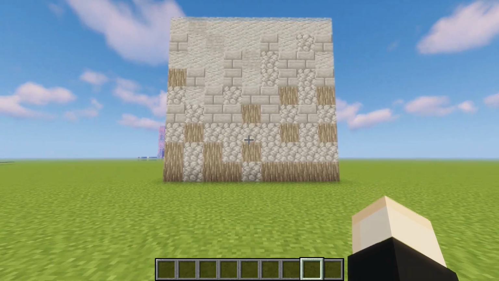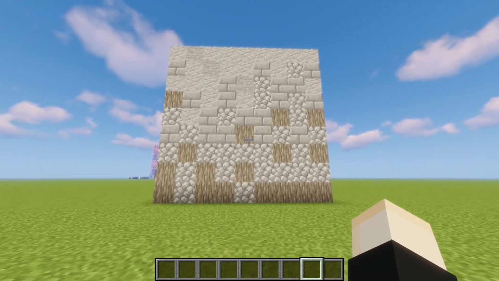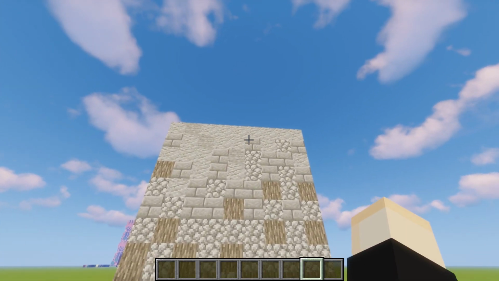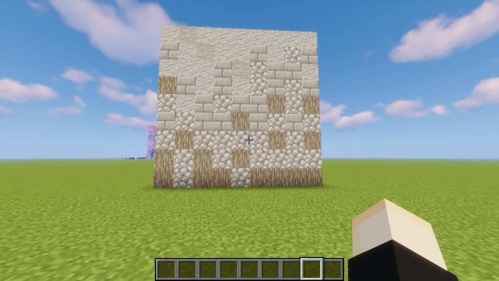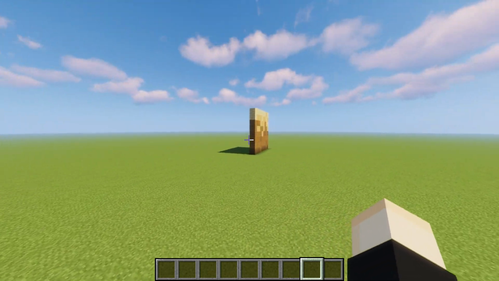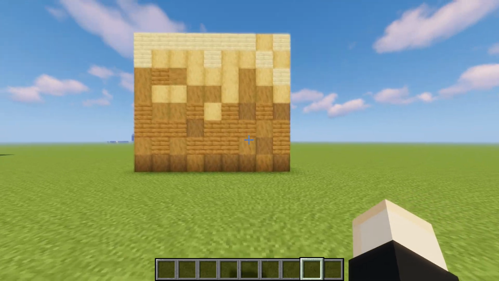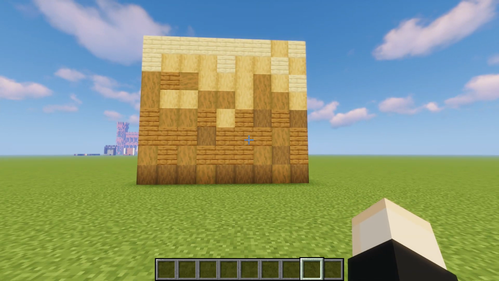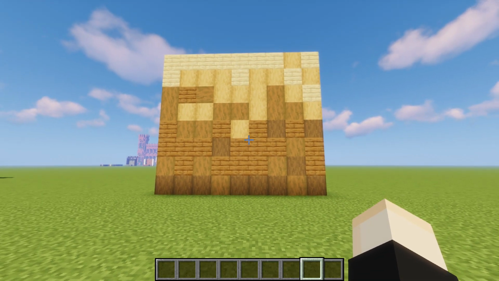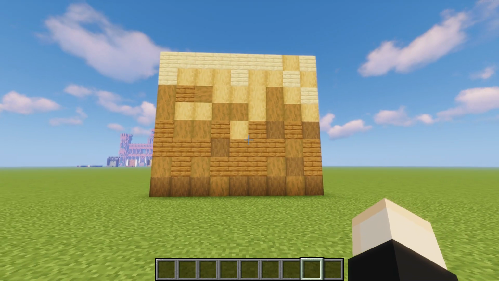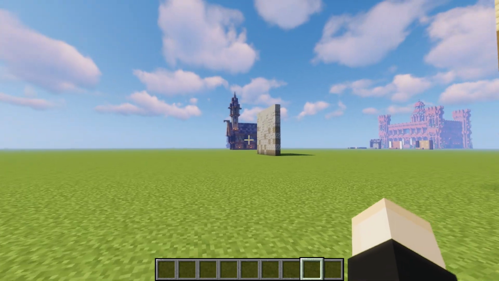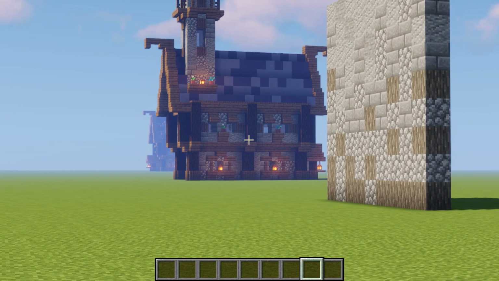But you do a gradient, starting with the darker color and slowly fading it out into a lighter color. This is the perfect example here with stone, but we also have another example here with wood. Slightly harder to do because the spruce is kind of strange colors and it's a little bit off, and the wood is a pretty drastic change, but just another example of a gradient. I just wanted to bring that up because if you put a gradient into your walls, it could look even